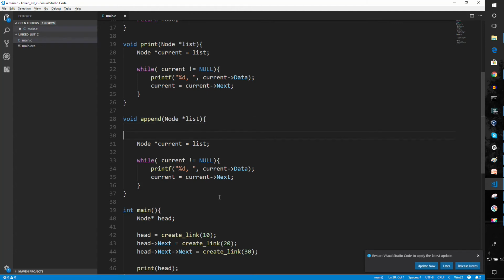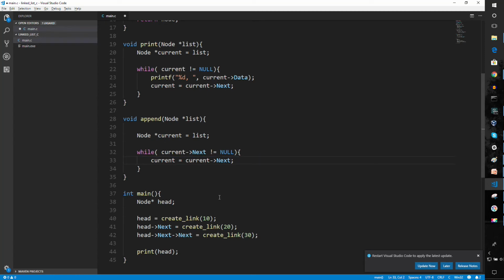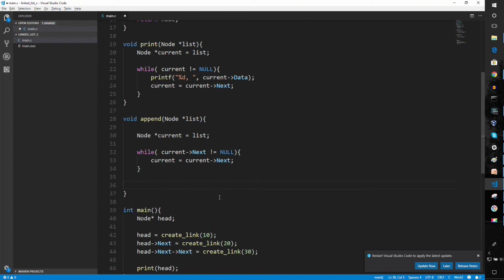And we know we have a head. So we're appending to the head. And so what we want to do in this case, we don't want to walk all the way to the end of the list. We want to walk one prior. So we want to go one next while it's not null. And we just walk and keep walking. That way we don't walk all the way to the end of the list. And then when this goes all the way to the end, it's going to walk to the tail, next is going to be equal to null, so it jumps out. So now we can say current next equals,